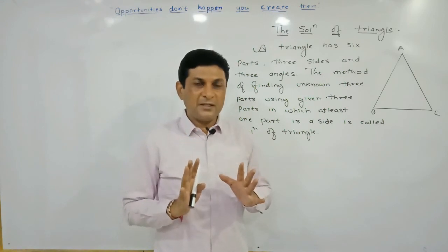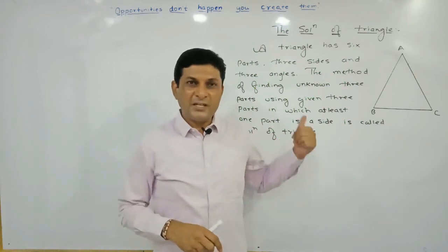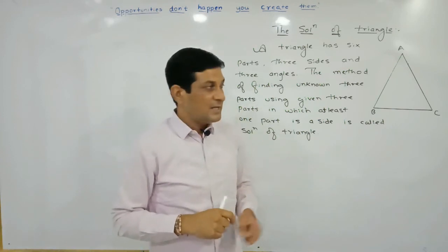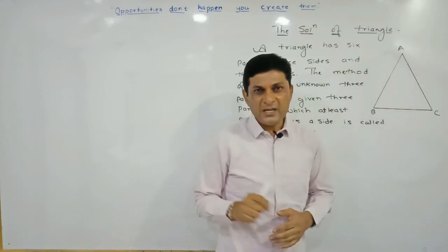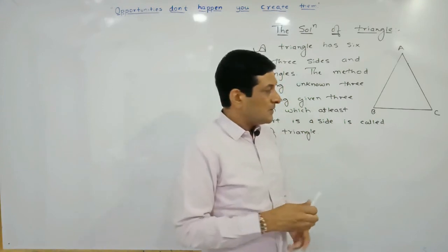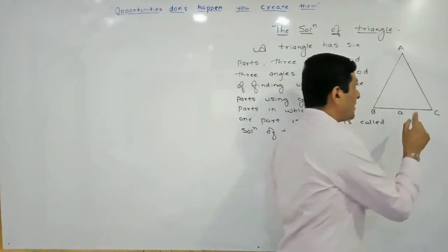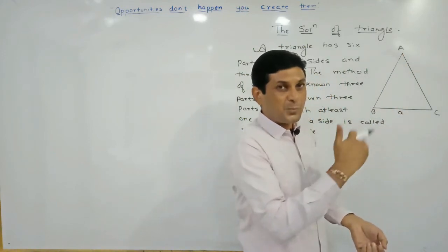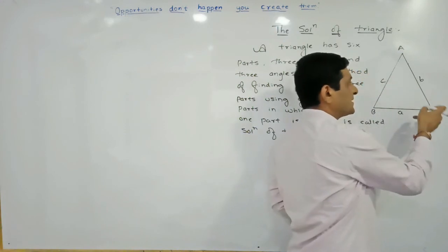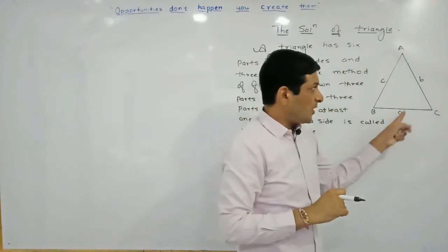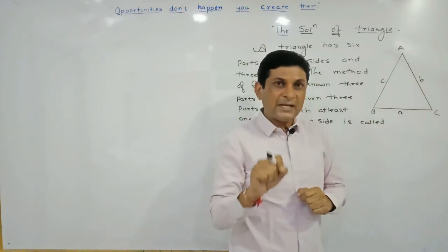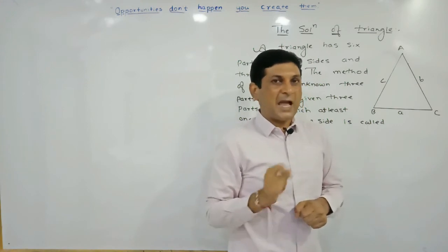See, in this whole syllabus, in case of solution of a triangle we are denoting the triangle by what? ABC. And the sides of this triangle we denote by small a, small b, small c, where small a is nothing but the length of the side opposite to vertex A, or we can say opposite to angle A. Small b is the length of the side opposite to vertex B, and small c is the length of the side opposite to vertex C. So small a, small b, small c represent what? Sides of the triangle, and capital A, capital B, capital C represent angles of the triangle.